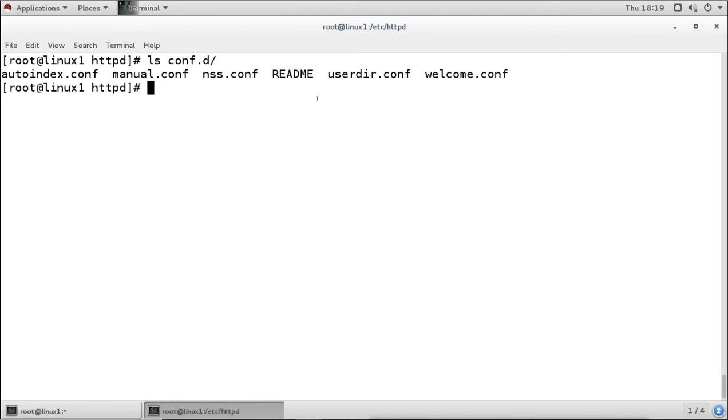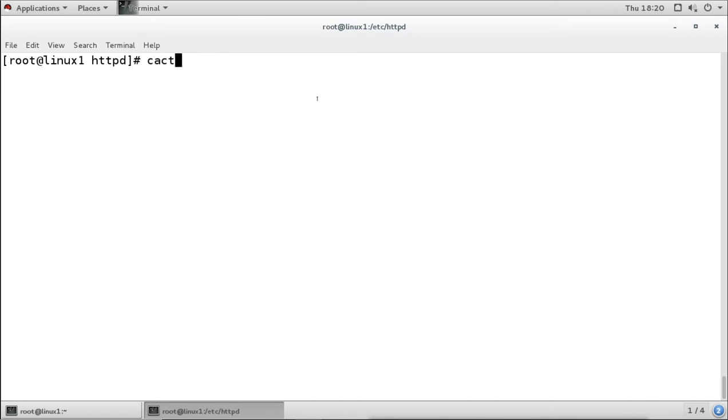Now where will we get the whole syntax? We know the syntax is the VirtualHost block, but what are the other configuration values? For that, we can check the sample file. There is a sample file under /usr/share/doc, in the httpd directory.